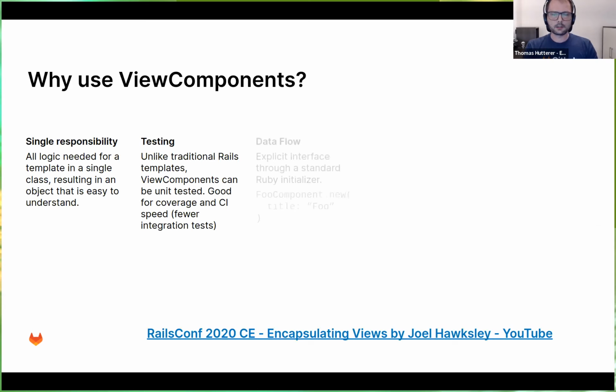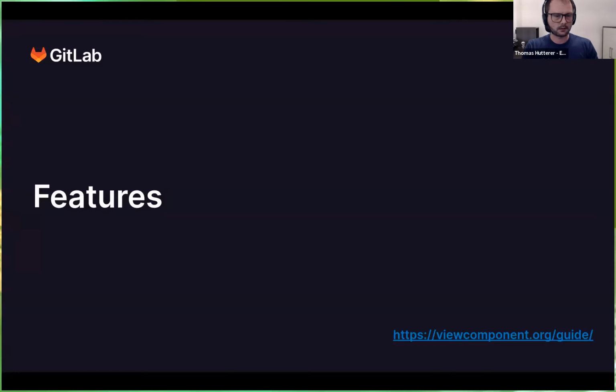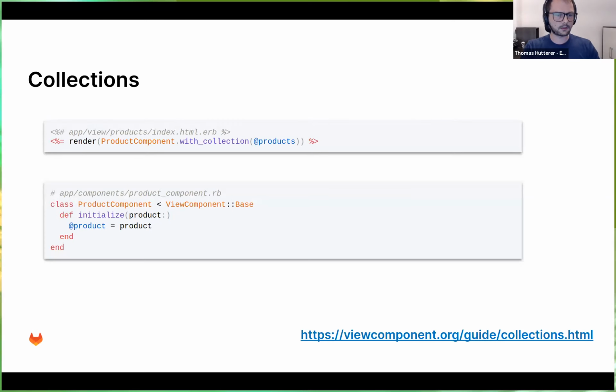Okay, so let's look at a few features. Might also answer a few questions you might have. One of the more sort of boring features you would expect that it has is that you